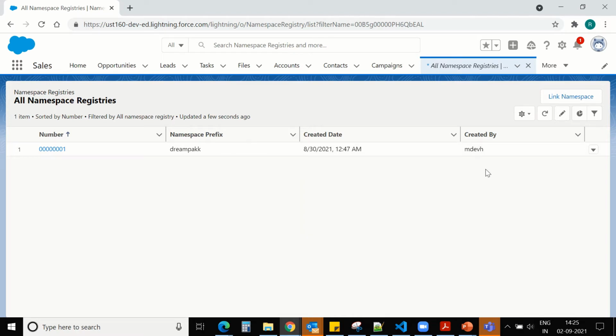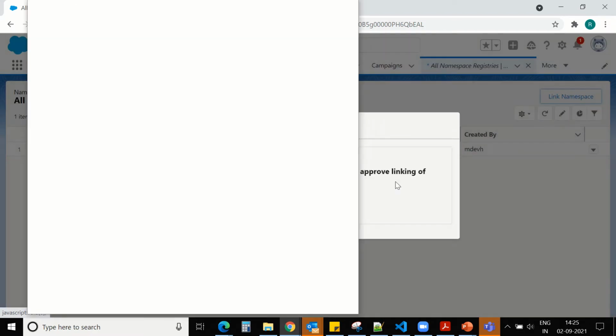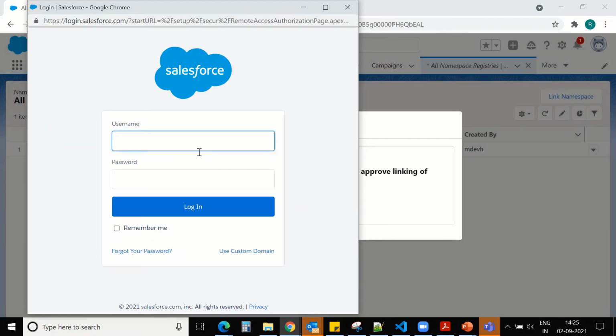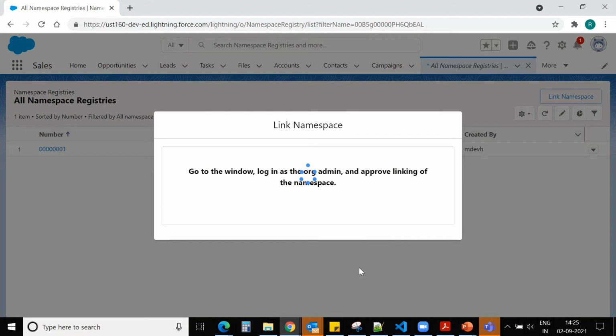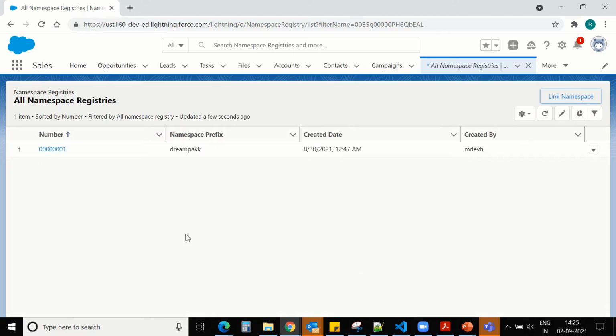If you want to link your namespace org, you can click on the link namespace button and give the credentials. Okay, that's it about the org setup.